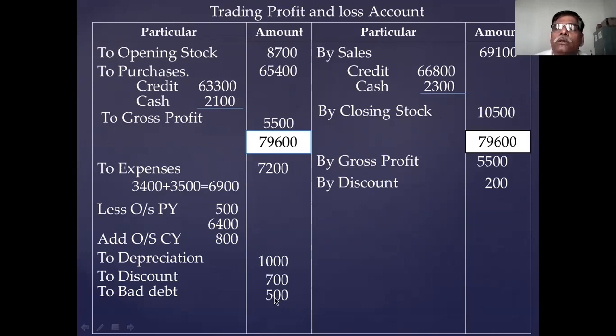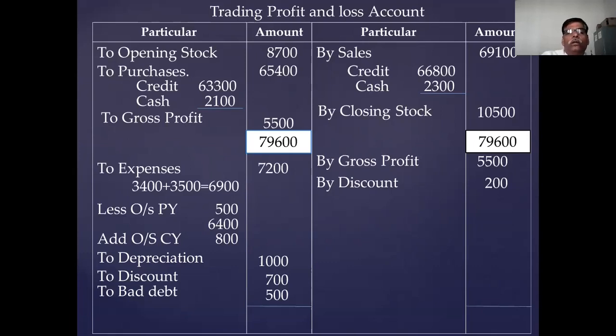And one more item is there, outstanding expense. Outstanding of the current year, you have to record here. Outstanding of the last year is also recorded. Then check if any other item is left. If any other item is left, you take it to the P&L account, whether that item is an expense or income. Okay, I think it is over.